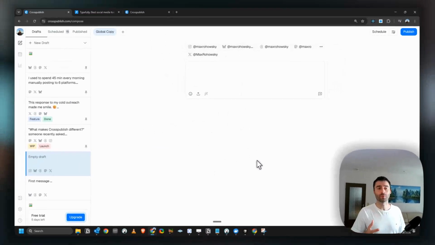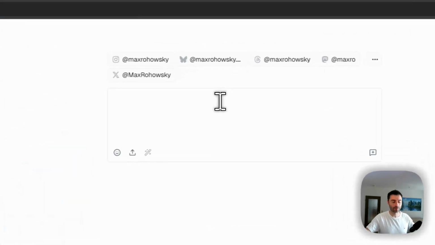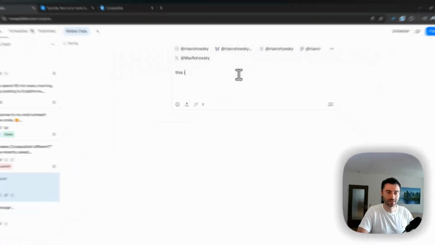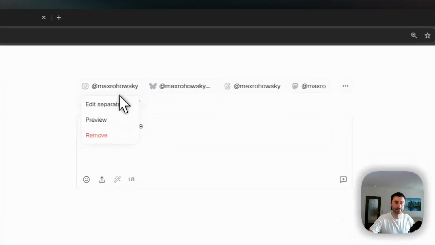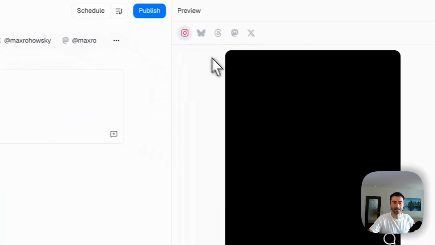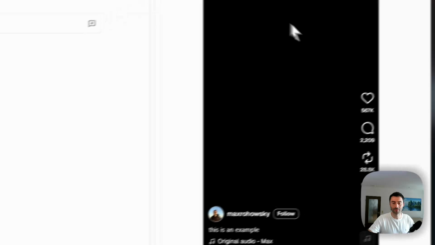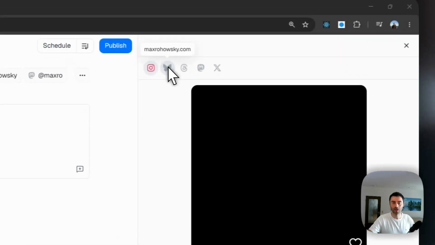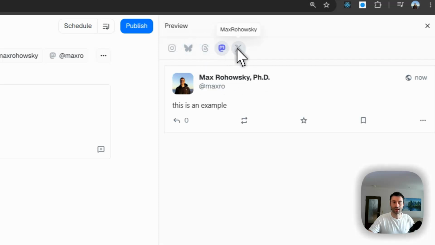Now, what I get once I press create is this generalized draft editor that lets me create one draft, which applies to all these different posts. So for example, if I go ahead and write something like, this is an example, you can see that I can then go ahead and preview this in the different editors. So of course, for Instagram, I'm going to require some media file, but if I go ahead and flick through this, for example, on Blue Sky, you can see that it gives me this thread message layout,